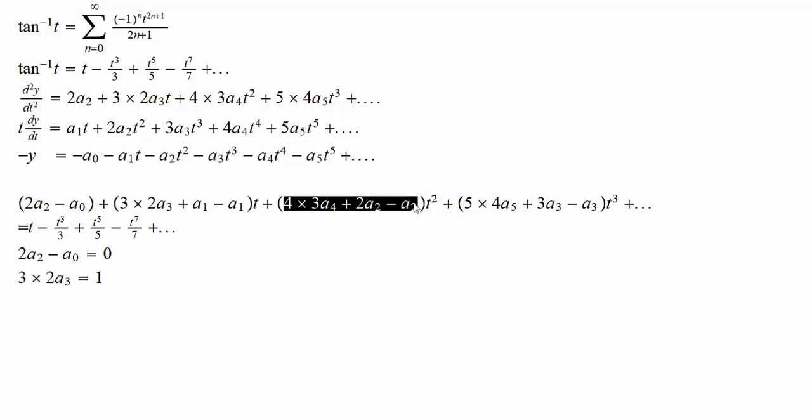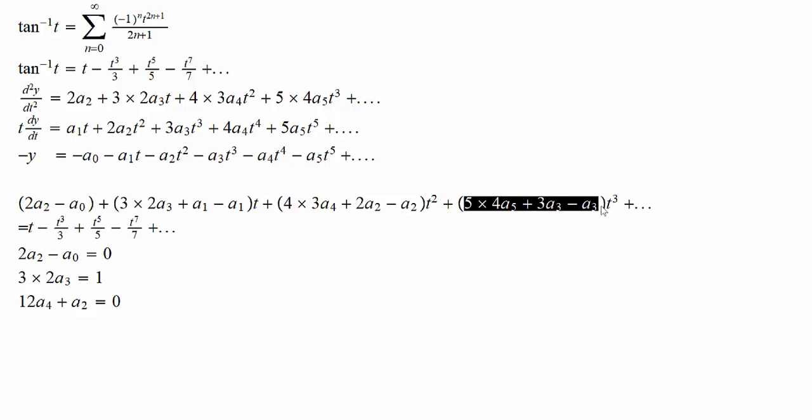Then we got 12 a sub 4, and of course we were doing it in our typical manner. Then we will keep the pattern, but here let's just leave it like this. So we got 12 a sub 4 plus a2, that's the coefficient of t square, and that's going to be 0 because there is no t square in here. And then we got 20 a sub 5 minus 2a3, sorry,